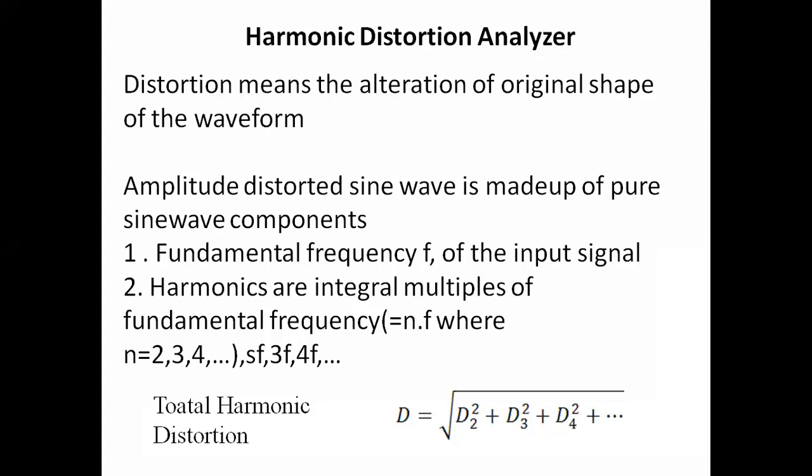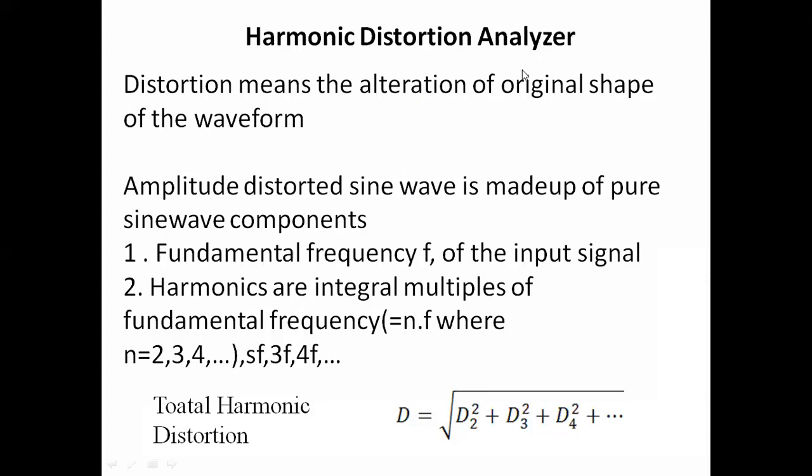By combining these we can get the actual waveform. If the waveform is distorted, the harmonic distortion can be quantitatively measured with the harmonic distortion analyzer. The overall distortion occurs across all the components. The distortion caused in the harmonics is measured using the harmonic distortion analyzer, which measures the distortion occurring in the harmonic signals of a waveform.